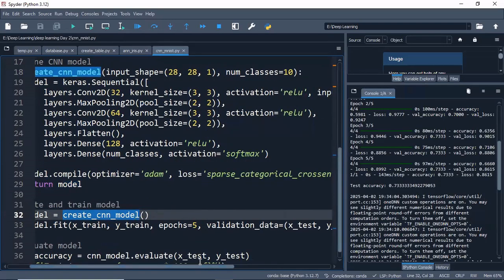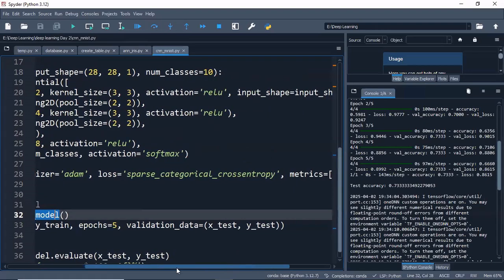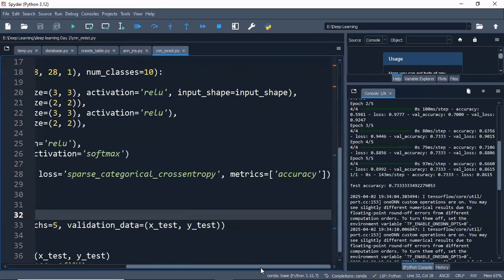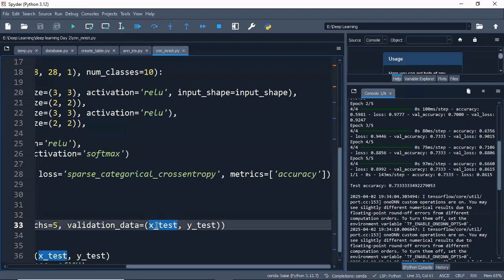You can increase or decrease epochs. And for making the model, I am using the training data set, X-train and Y-train, but for validating the model, I am using the testing data set. So here you can see that validation data is X-test and Y-test. So it totally depends